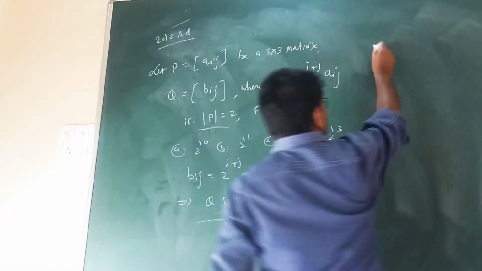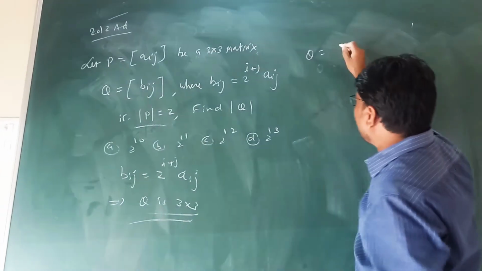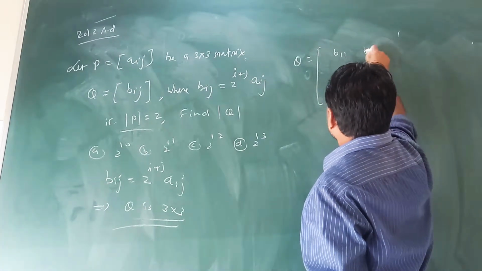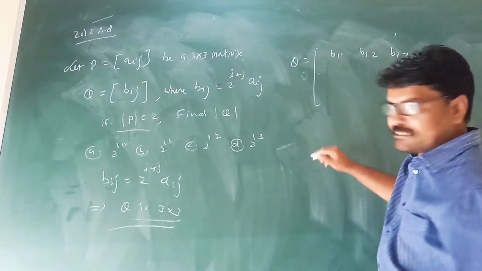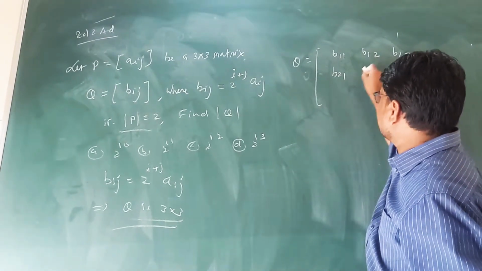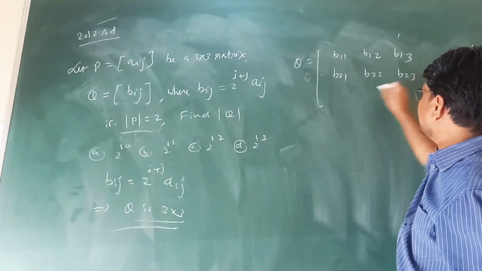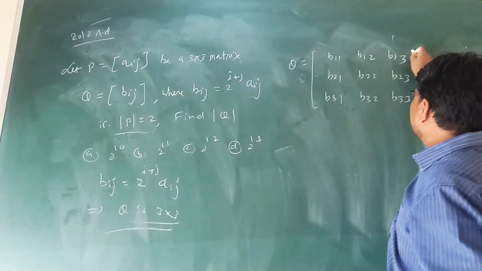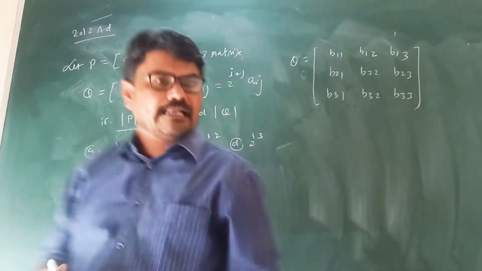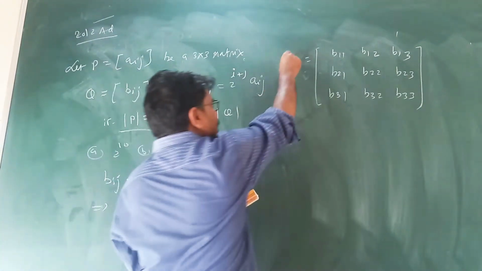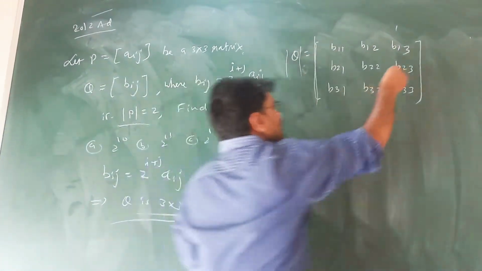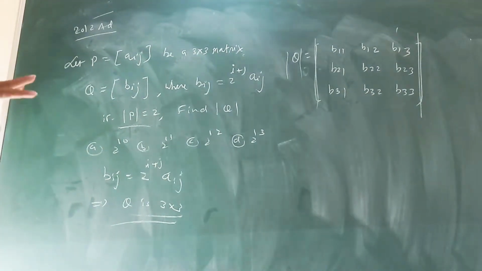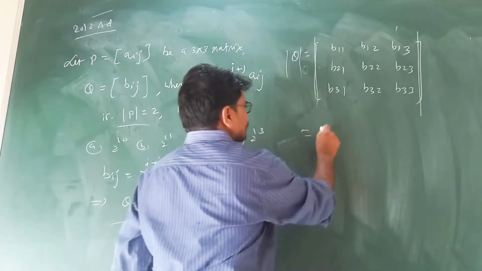So I will write this Q as matrix. क्या आएगा? B11, B12, B13, correct है? Then B21, B22, B23, then B31, B32, B33, करेक्ट है? अब मुझे डिटरमिनेंट निकालना है तो मैं डायरेक्टली डिटरमिनेंट में आ गया। अब ये डिटरमिनेंट का साइन, ये डिटरमिनेंट का साइन, करेक्ट है? अब मैं वो रिलेशन को लिख के एंट्रीज को बनाता हूँ।